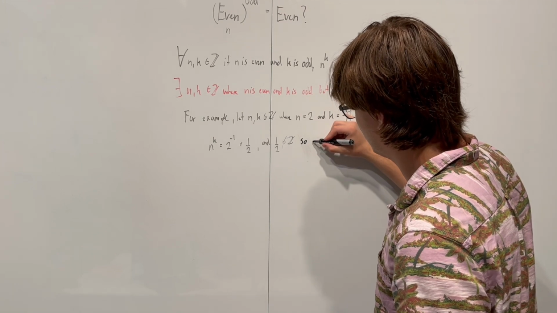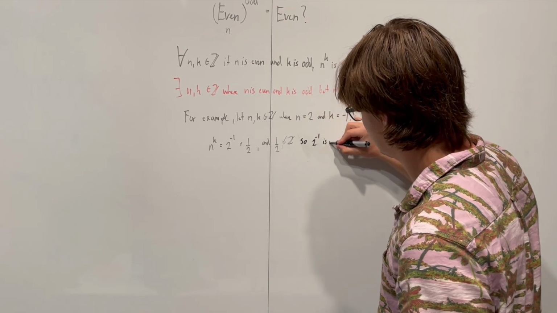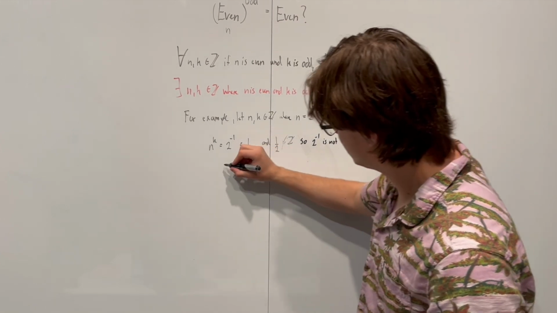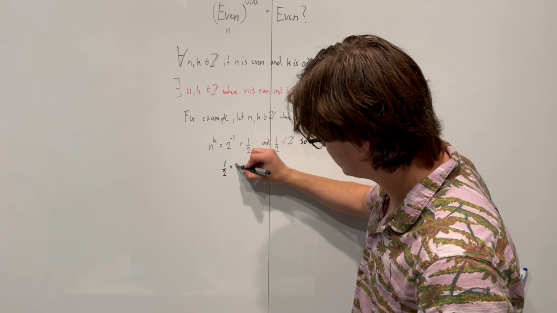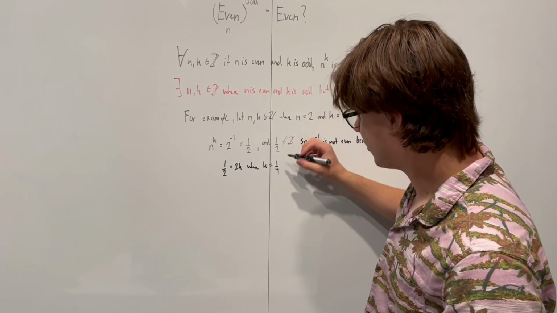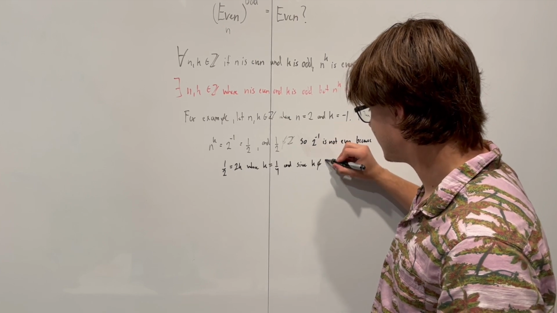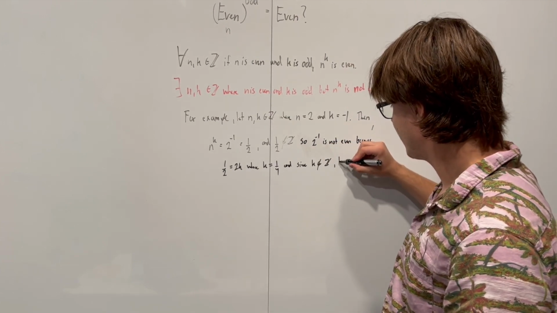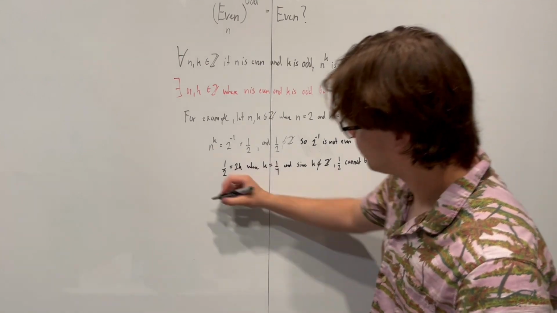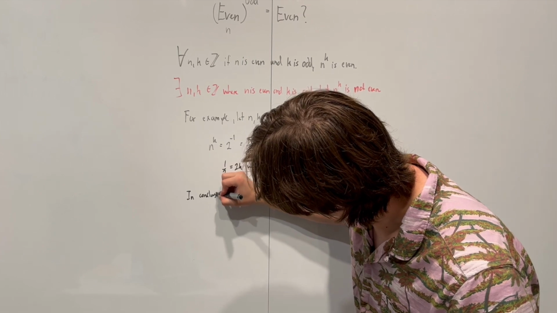so 2 to the power of -1 is not even because 1 over 2 is equal to 2k, where k is equal to 1/4 here, and since k is not an integer, 1/2 cannot be even. And now we write our concluding statement. In conclusion,